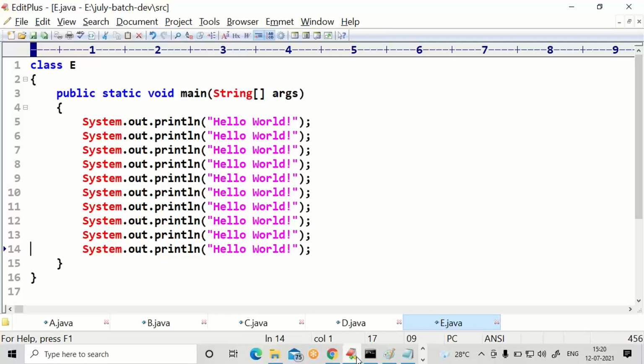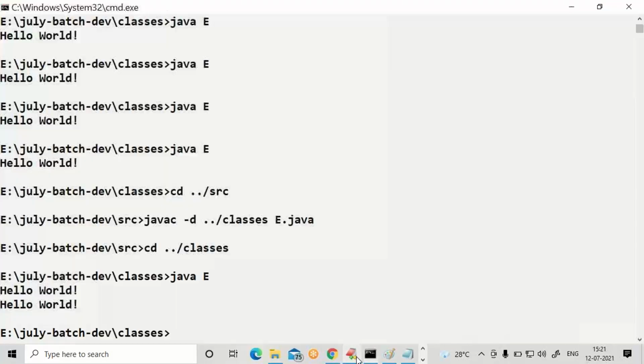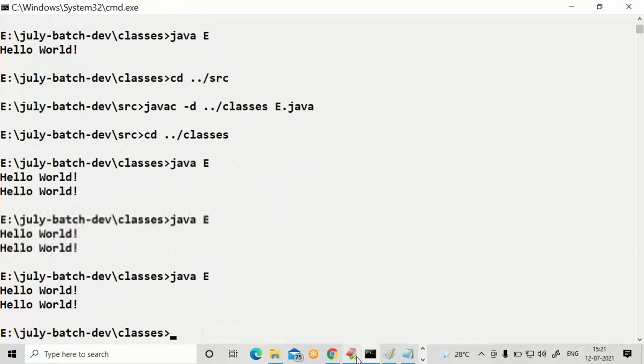For every modification, you have to say Control S. Come to the command window. If you run straight away, you'll get previous output only.